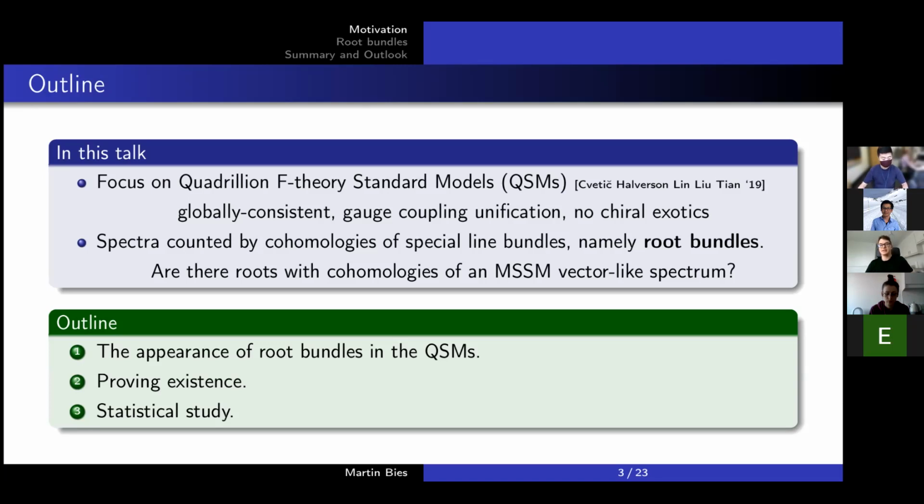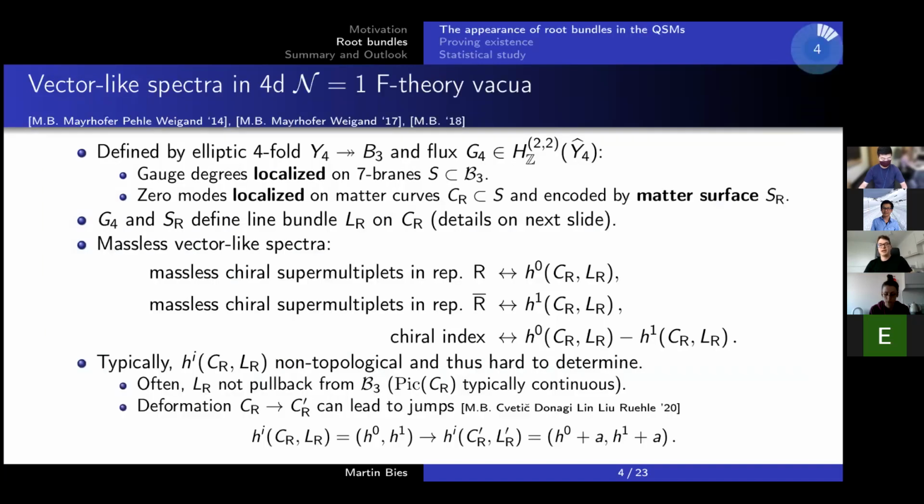So the technical advances that I will be reporting on today are focused on these root bundles, telling you essentially what are root bundles, what can we learn about them, how can we make use of them in physics applications, and how far does it take us. With that said, I'll start with a little bit of revision, namely how do we actually count vector-like spectra